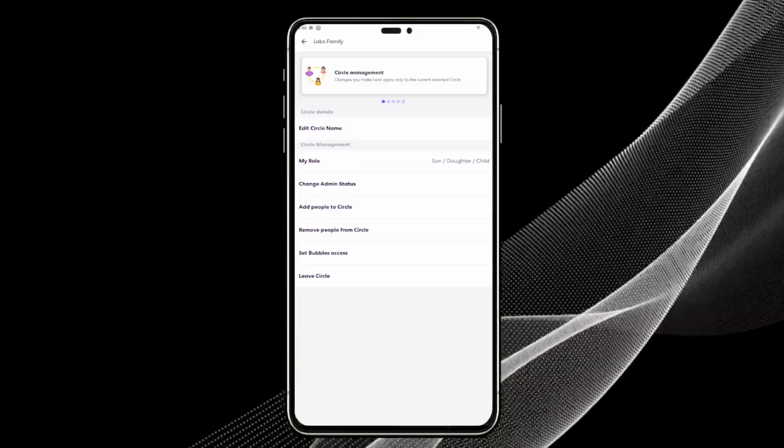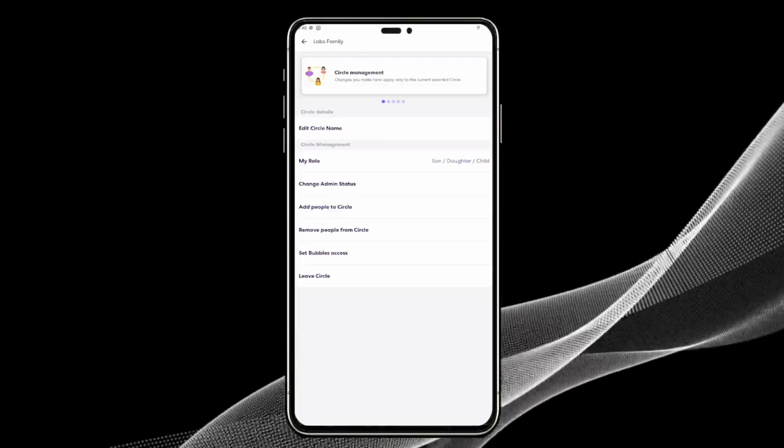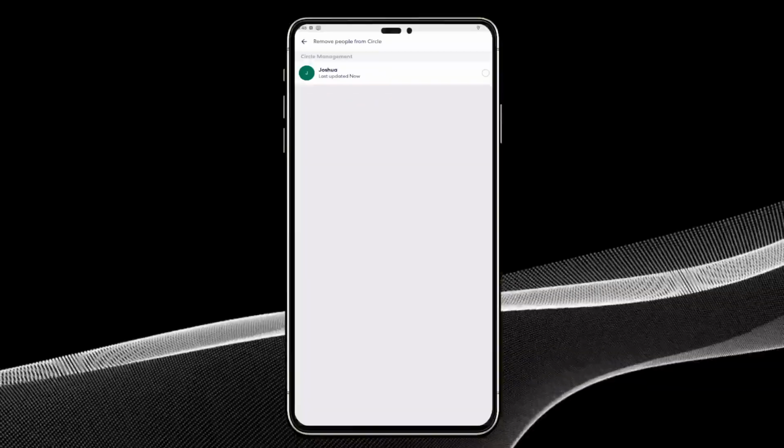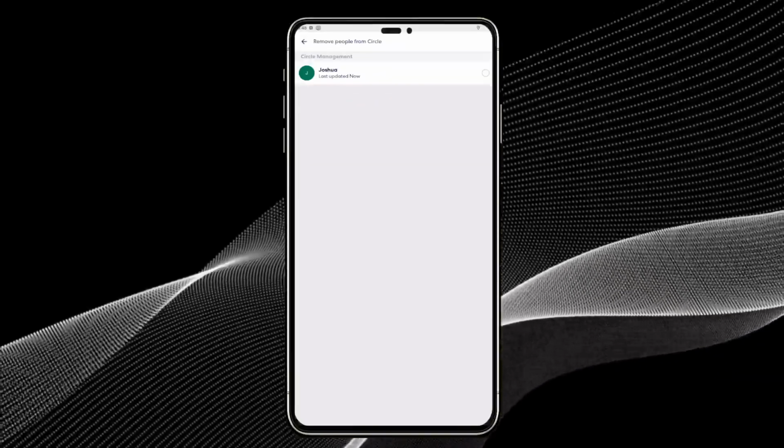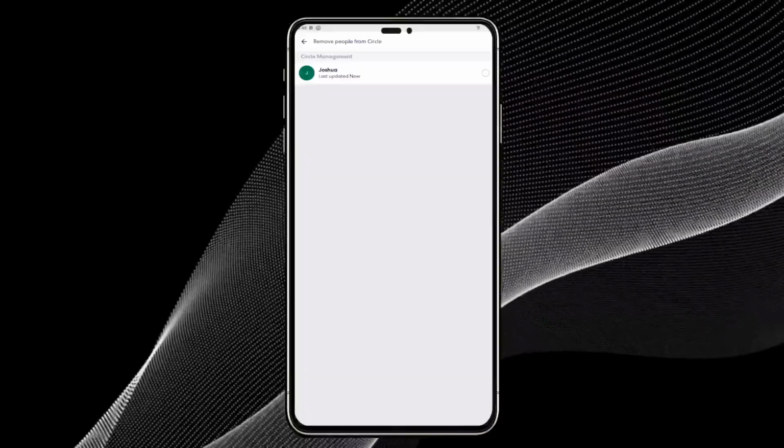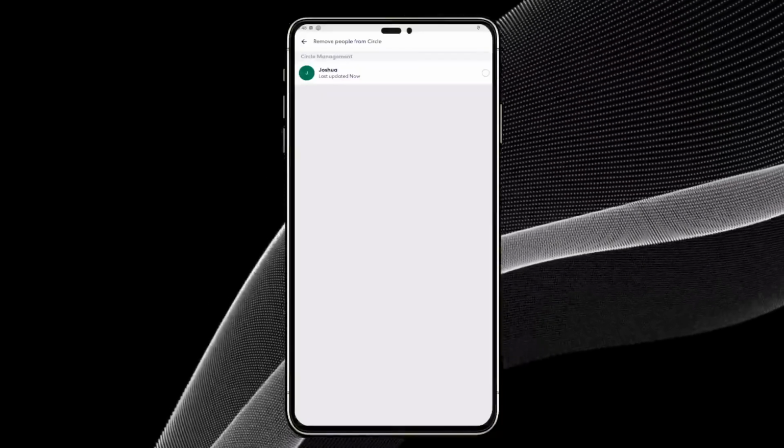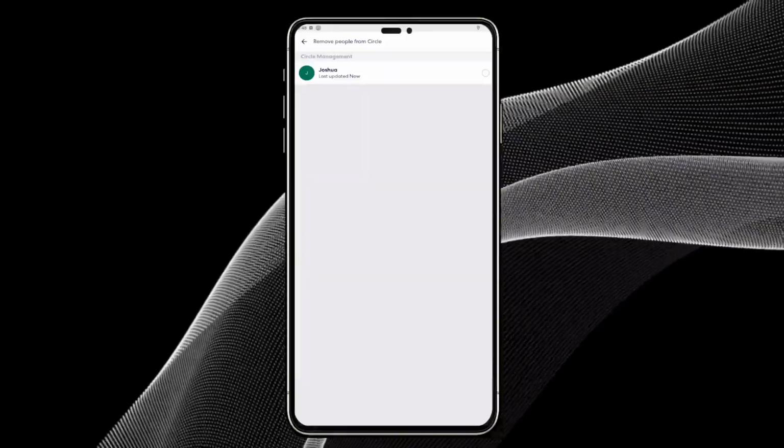Next, you'll see an option that says Remove People from Circle. Tap on this option to proceed. This will bring up a list of all the current members in your circle, allowing you to select who you want to remove. It's a straightforward process that ensures you maintain control over who has access to your family's location